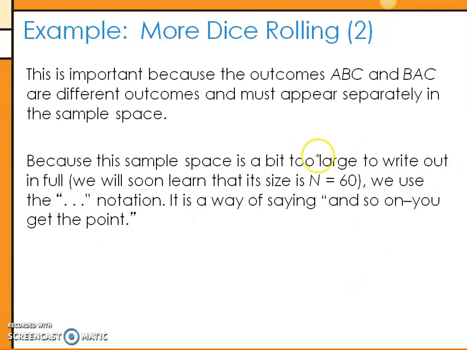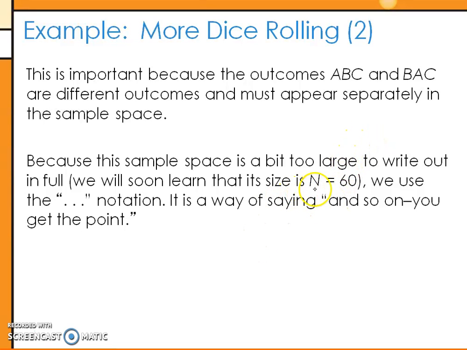And so then what they're getting at here is the same thing we just said, A, B, and C, and B, A, C are different because this person's president, vice president, secretary, puts different people in different positions. Let's say if we were just making a committee or something, then if these 3 people are on the committee, who cares what order we put them in? But in this one, the order matters. And we'll get some more formal language for that later in the other sections.